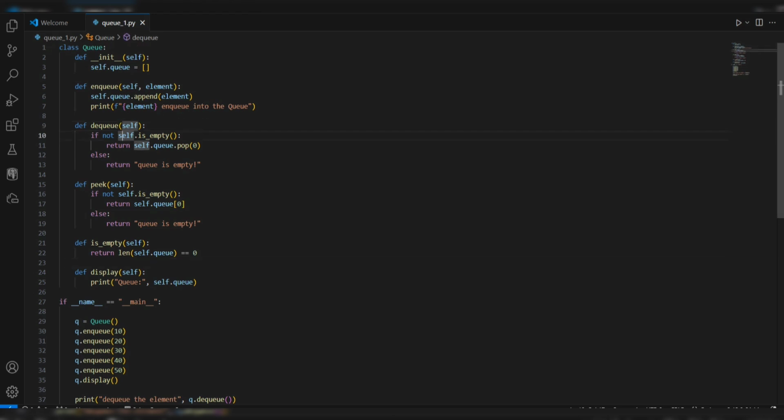Before we go to the DQ method, to show how to DQ the elements, you will see how elements are DQ'd from the queue. This is all about the DQ operation.